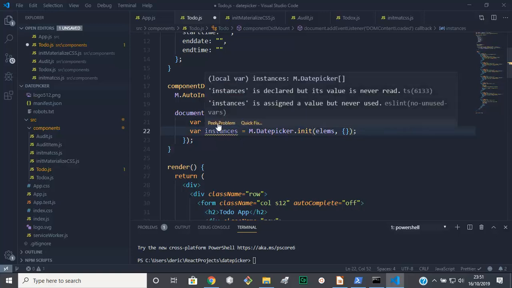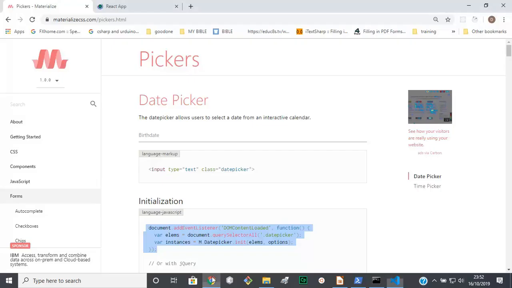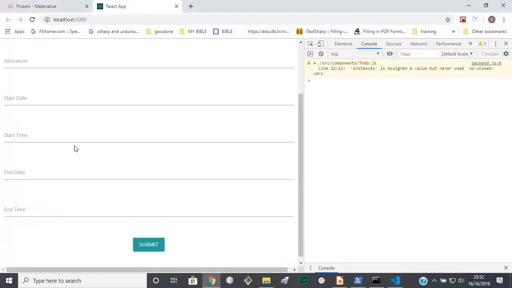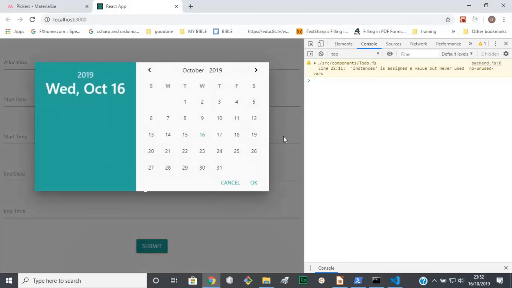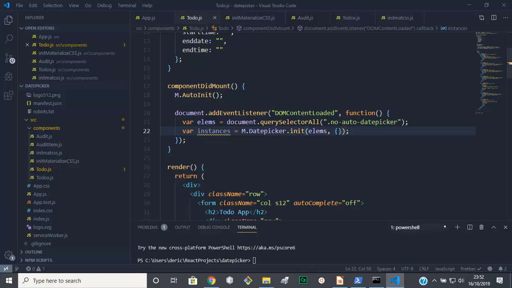Okay, and let's see what we have now. Save, come back there, look at our application, and this one, it's still working. This is now working, but on this one we are now able to